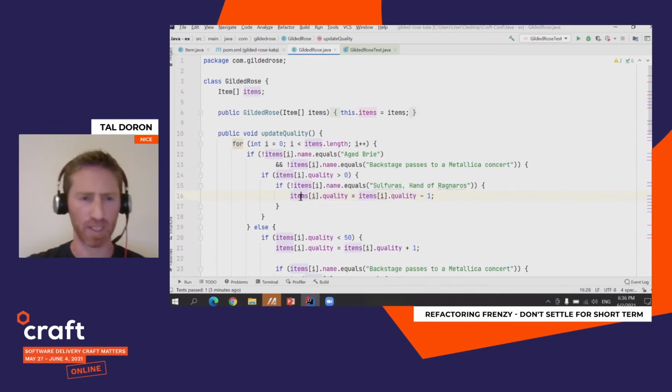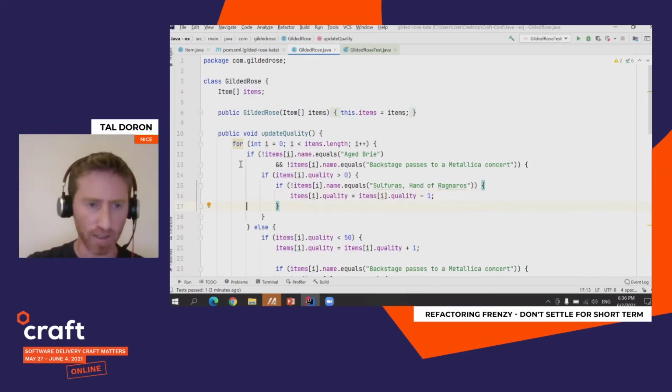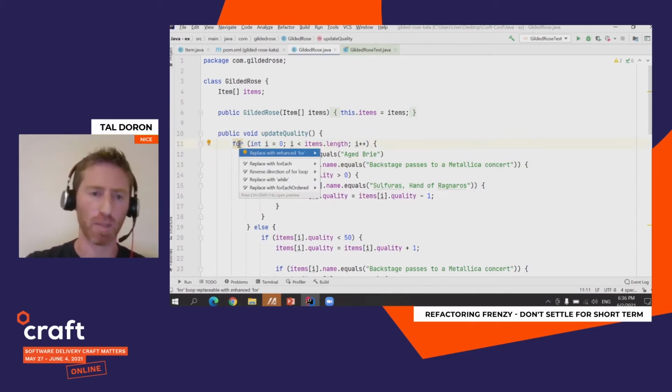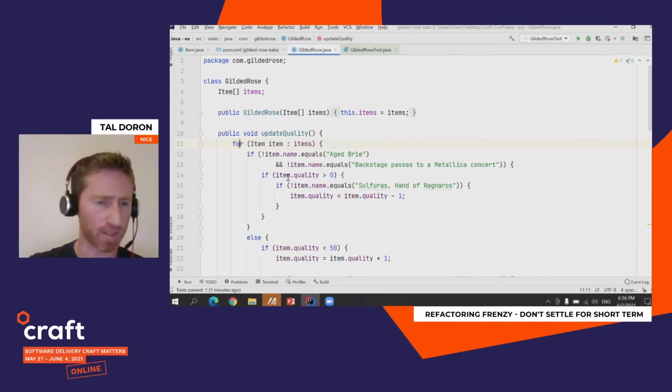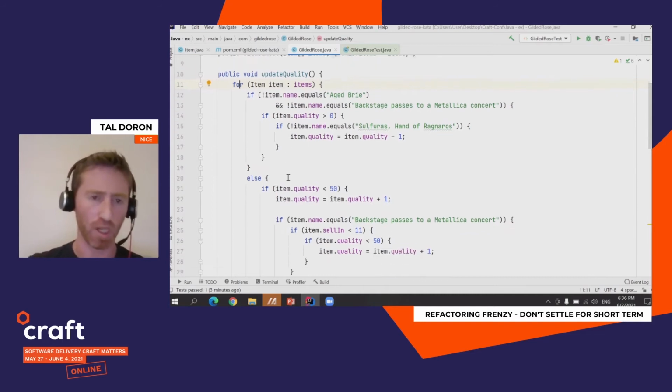So first of all, I'm using IntelliJ, so it offers me many things, okay? First of all, do you see these highlighted things in yellow? It is saying, okay, you can replace it with enhanced for, so you don't need all the indices. Great, so I'm going to take its advice. Sometimes I don't take it, and sometimes I do. Next thing,